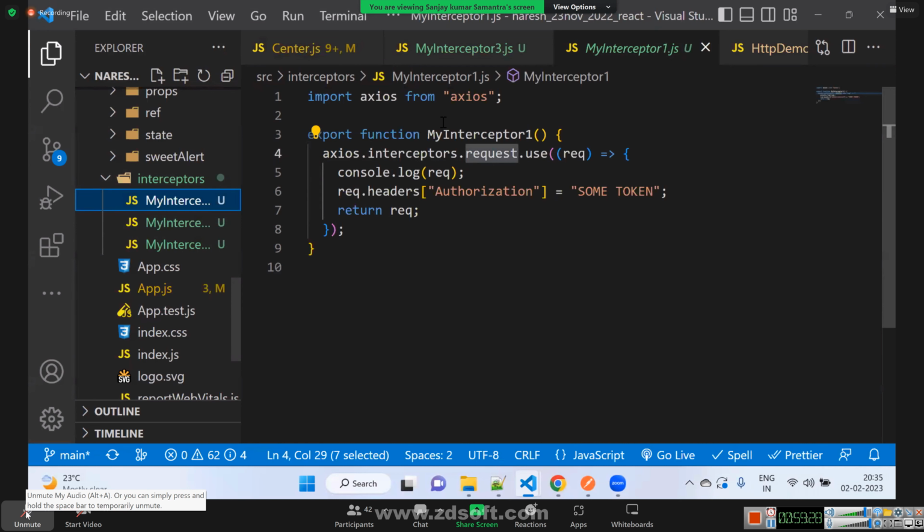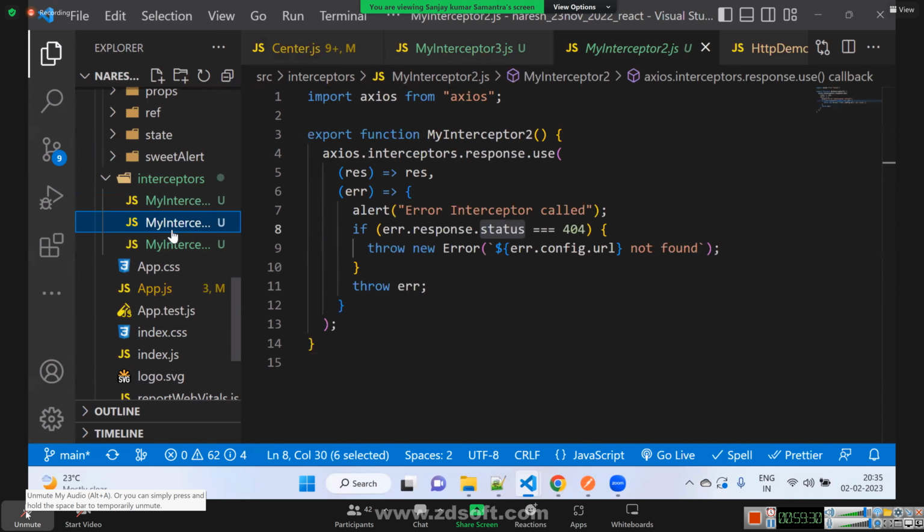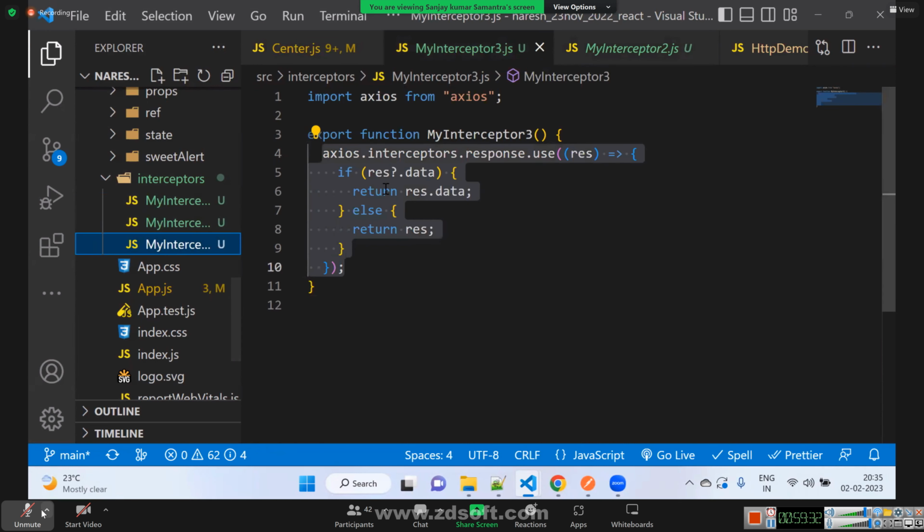The first will be called during the request, and the last two during the response. And for the complete application, these interceptors will be called, not only for one API call. Is it clear? Yes, sir.